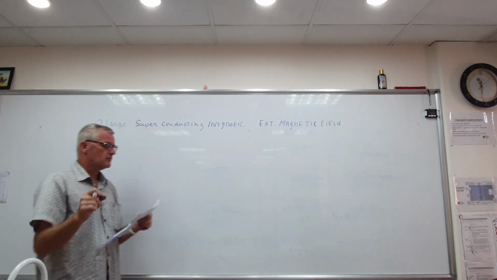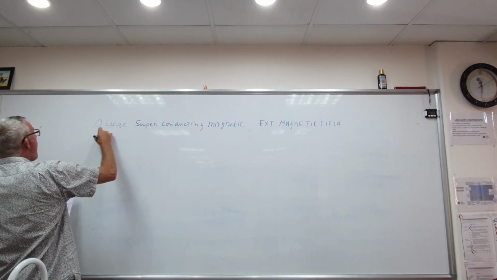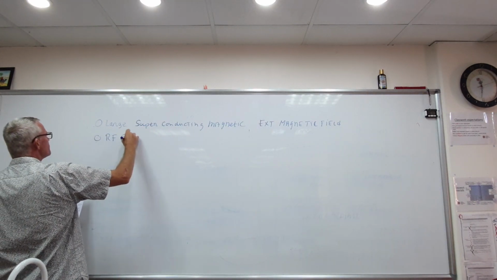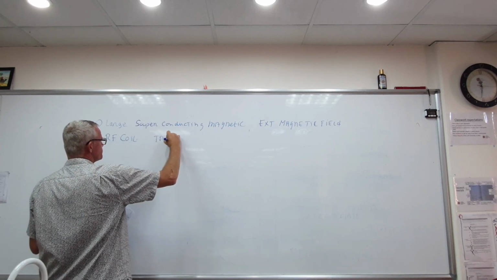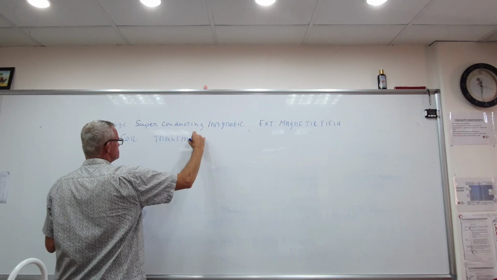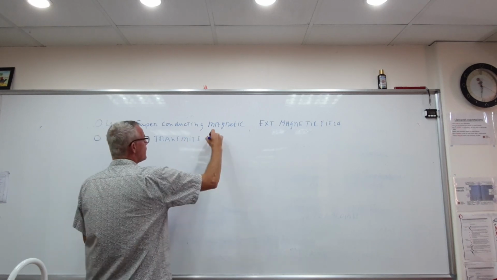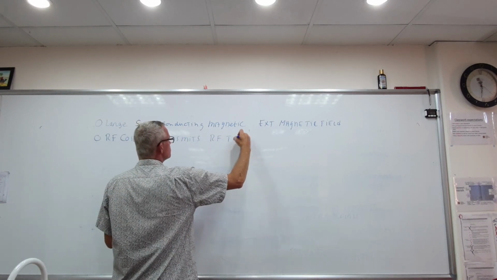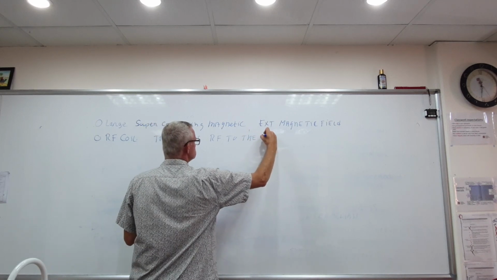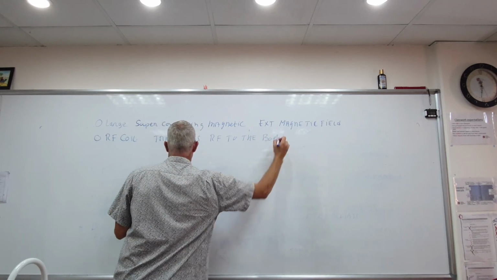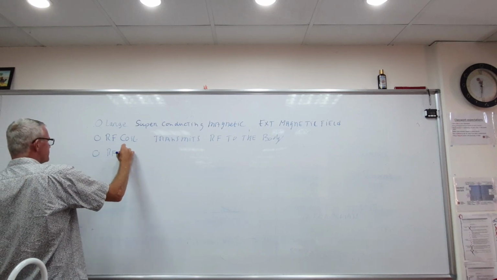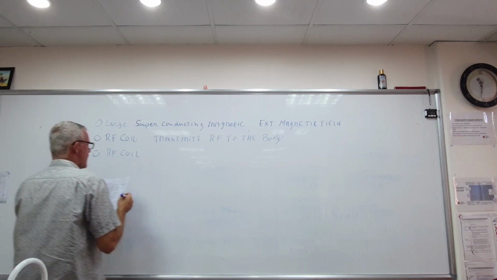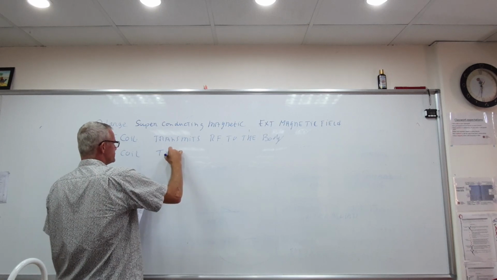Yeah? Alright. Then we have an RF coil. Yeah, this one transmits RF to the body. Okay, and it goes in pulses. Then there's another RF coil, and this one that detects